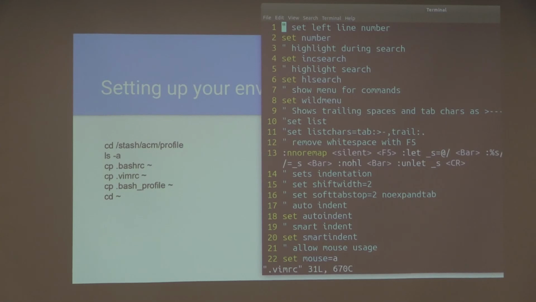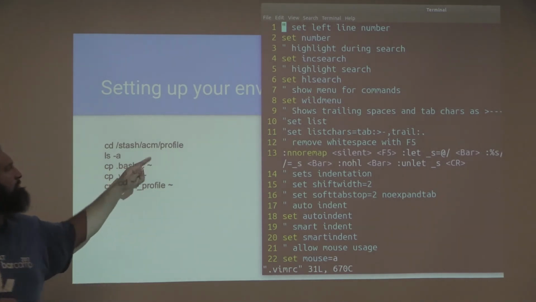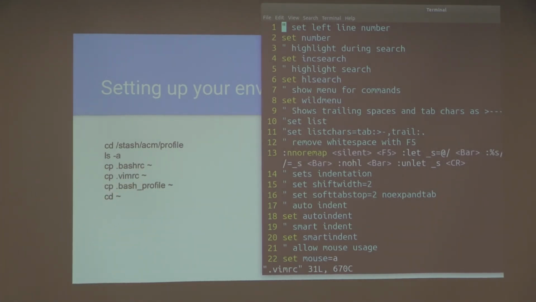When you want to highlight the search, so if you're looking for a specific variable name, you can do a backslash, not a colon, and do a search. It'll actually highlight while you're typing it in and say, oh, that was the place I was looking for. These are specific ones that I found very handy. The wild menu, so when you're opening up a new file, will actually say, these are the files that are matching your path right now, and it will help you find what you're looking for.